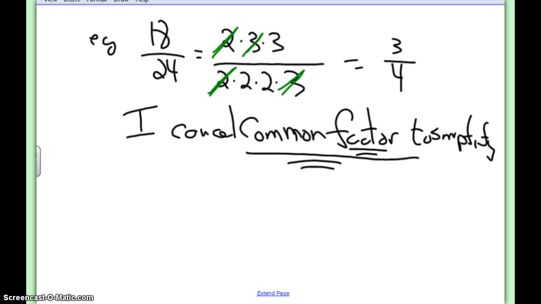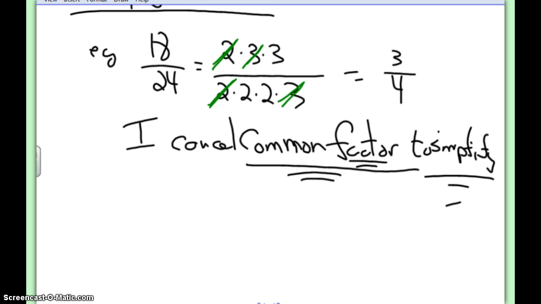Okay, and that's the essence of this whole unit. You think this is a big unit? We can cover all the sections of this unit in that one statement. And I need you to remember that